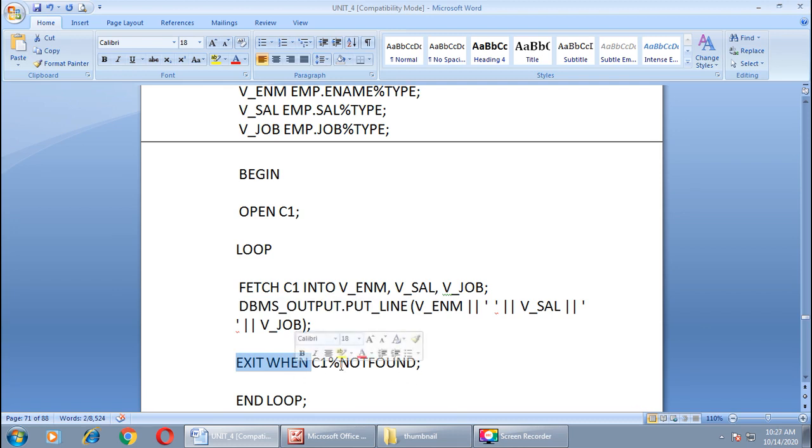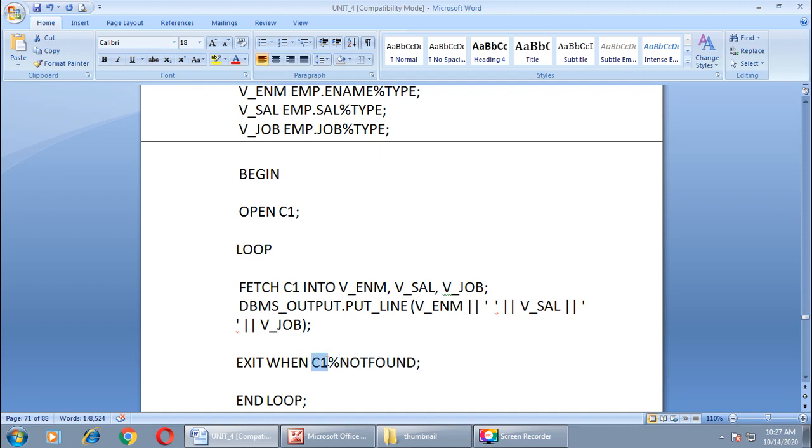As you know about this attribute NOTFOUND, it will return true if the select statement does not return any row. In that case, this attribute will return true, and at that time we want to exit from this loop. So here our condition is C1%NOTFOUND.